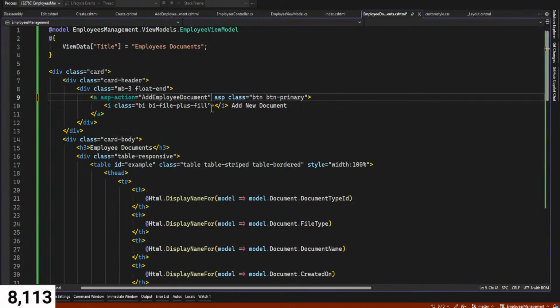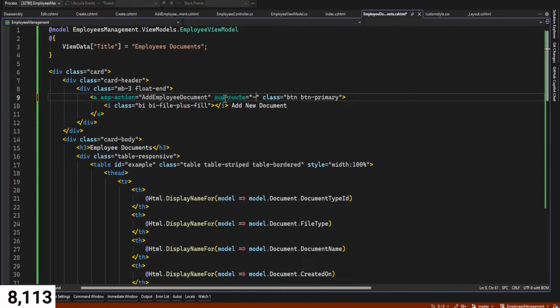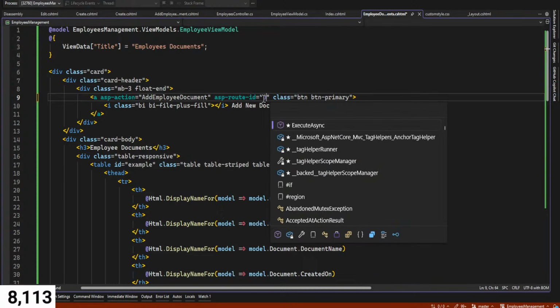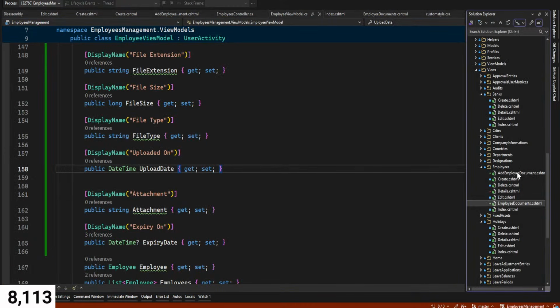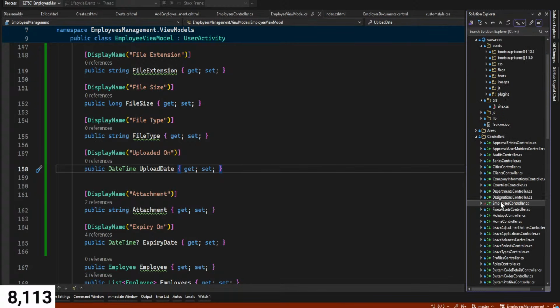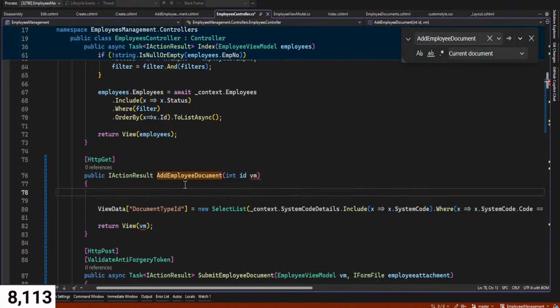So I'll come here and I can say SP root ID. Then you can say this is model.id. So if I do that, I can come here to our controller, and I can say this is int id. Then I can say here